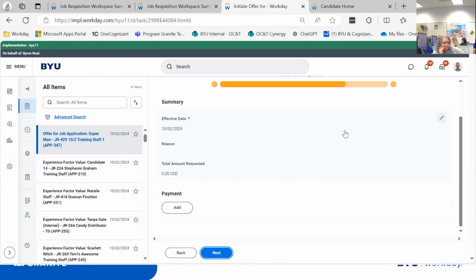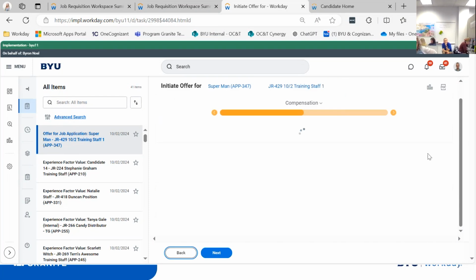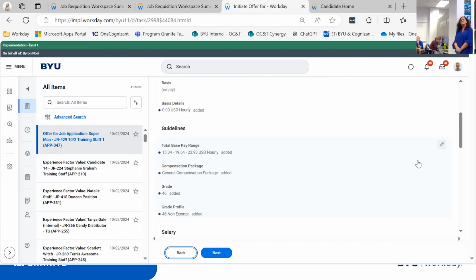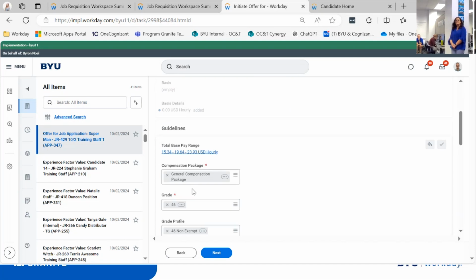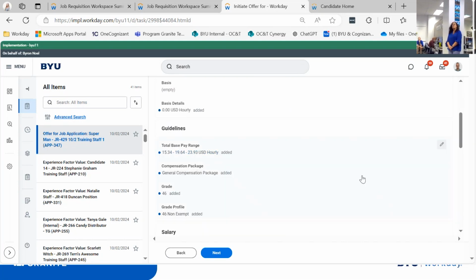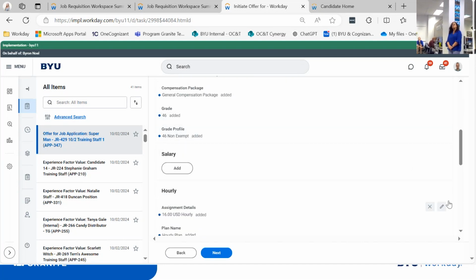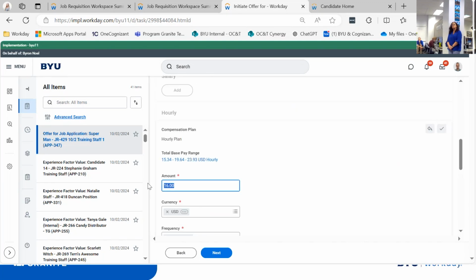Does an error pop up if they put something outside of the range? So an alert pops up. So it does let you push past it. If I entered something outside of the range, oops, sorry, those are my guidelines. Where am I at? If I entered something below or above it,